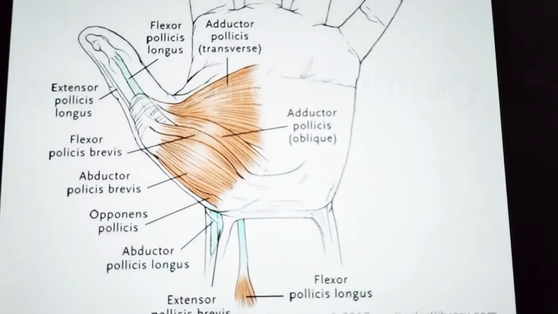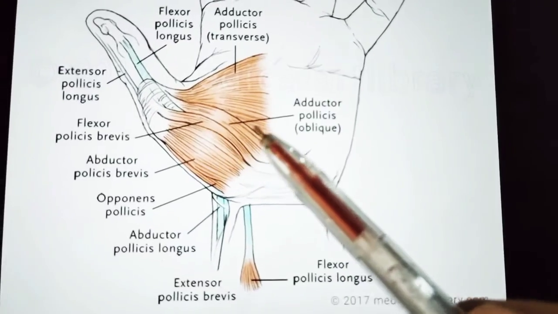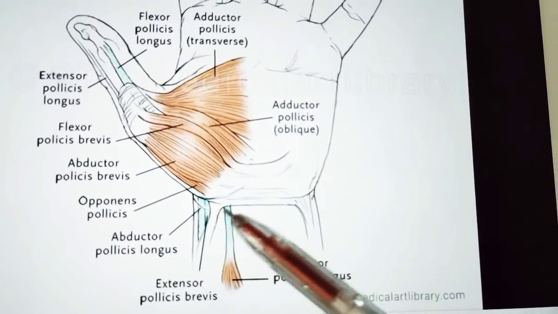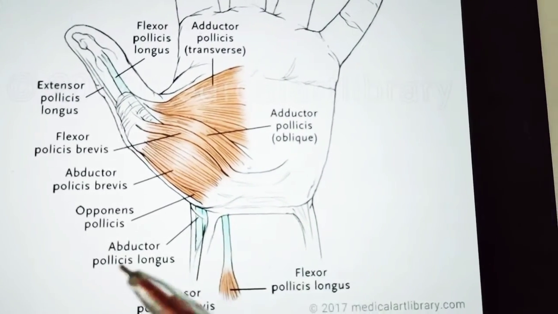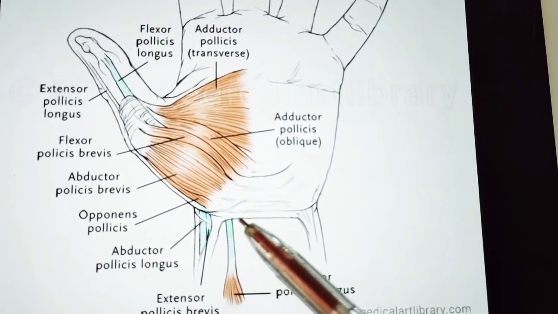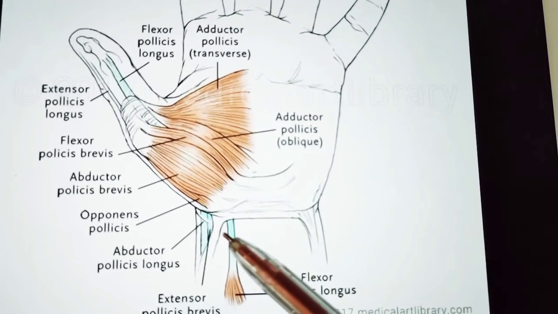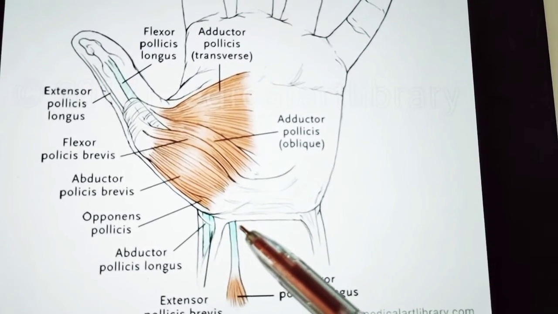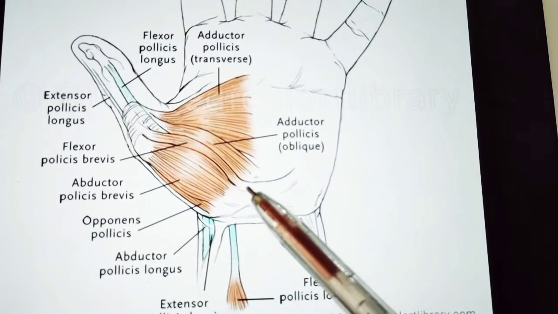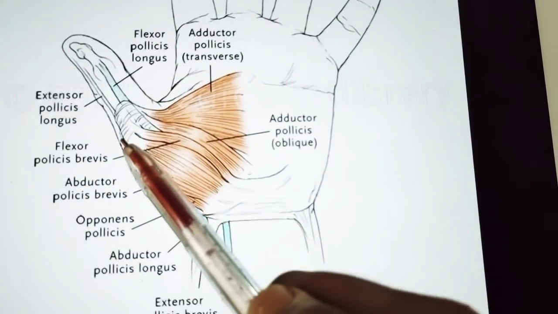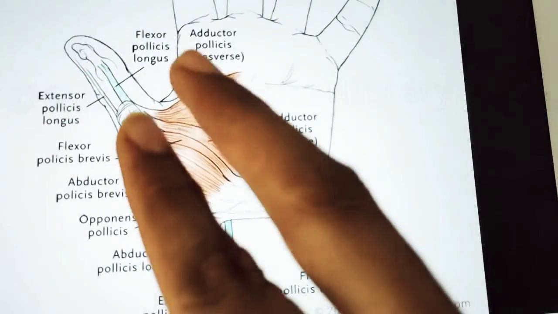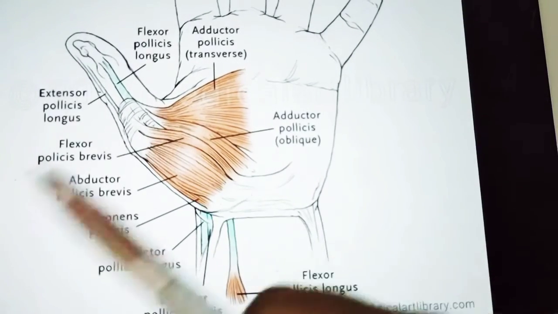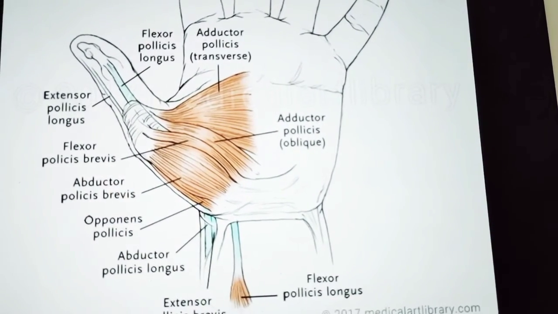What is its origin? If you see the origin of the flexor pollicis brevis, it is getting its origin from the flexor retinaculum and also from the trapezoid and capitate bones. If you know, the trapezium will be here, but the trapezoid will be beside it and also the capitate, right? So from trapezoid, capitate and also flexor retinaculum, you'll get origin to this flexor pollicis brevis, and it is inserted, of course, again into the base of the proximal phalanx of the thumb. So now two muscles are attached to the base of the proximal phalanx of the thumb. One is abductor pollicis brevis, the other one is flexor pollicis brevis.